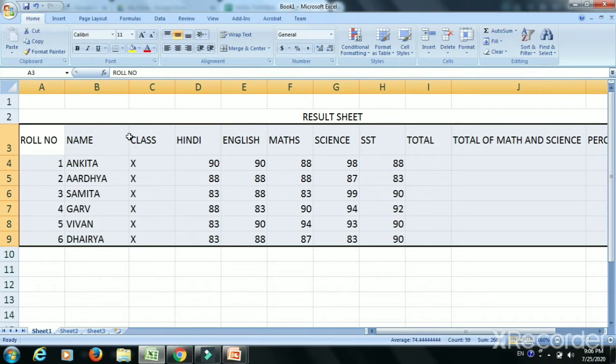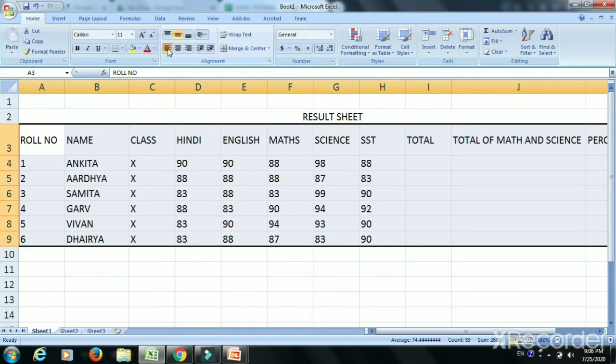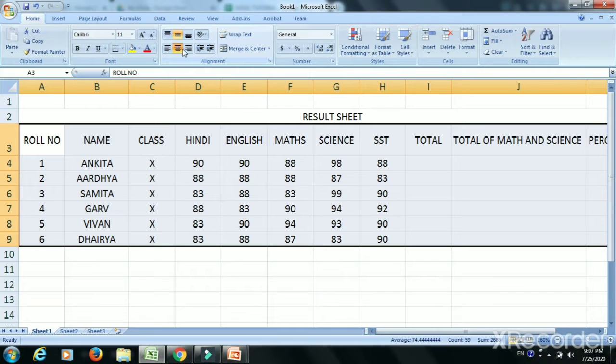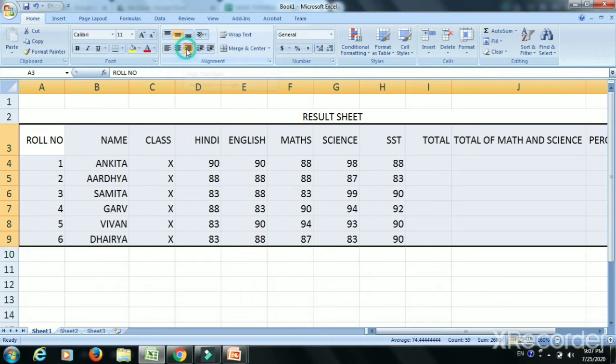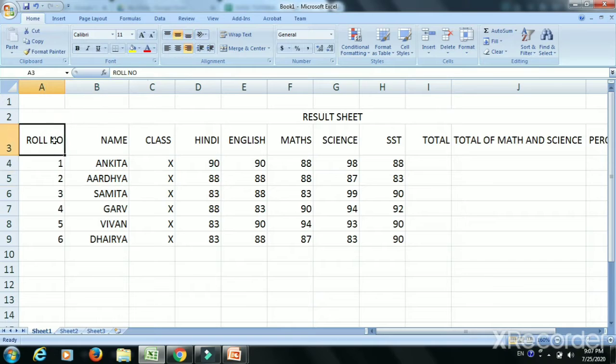Suppose I want my data to appear at the left side. So I will select the data, then I will click on the left alignment button. Now you can see all the data has appeared at the left side, and if I want to take the center alignment, I will click on it. This is the right alignment. Okay friends, now you can see in this column,